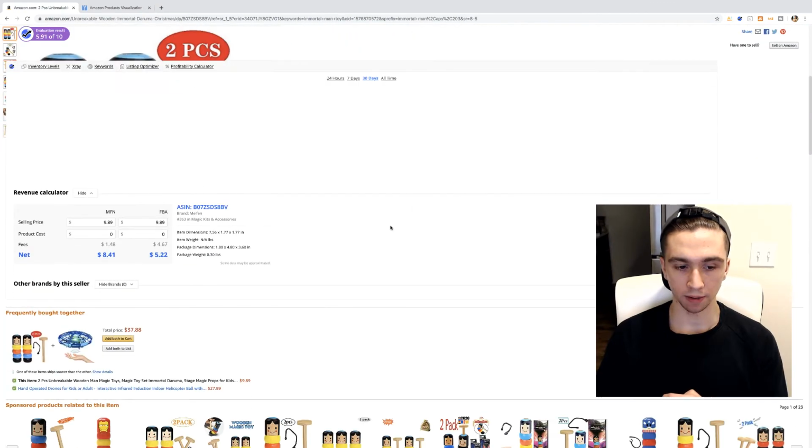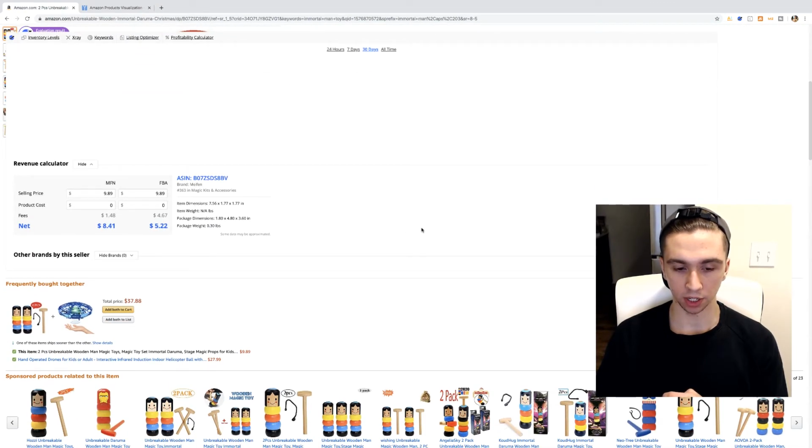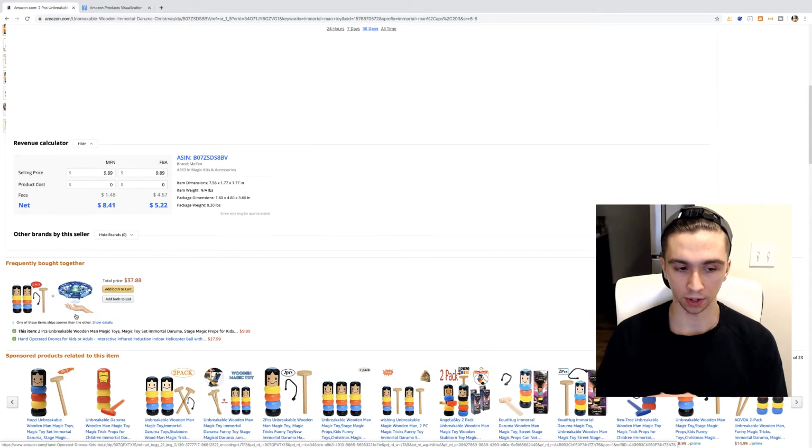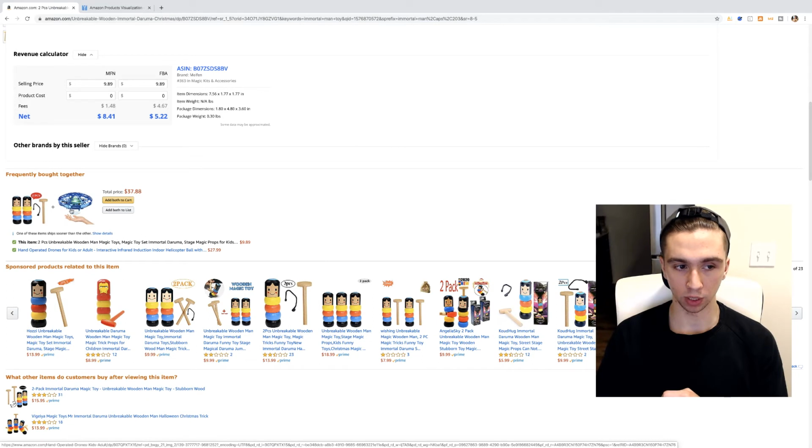We also have a frequently bought together section. It's a great area for bundling. Again, with toys, it's not working so well because you're not just going to bundle random toys together. But with most products, these will be super similar to each other. So if I was going to sell a craft toolkit, there might be a craft cutting pad underneath it, frequently bought together. So relevant things that would go well together.